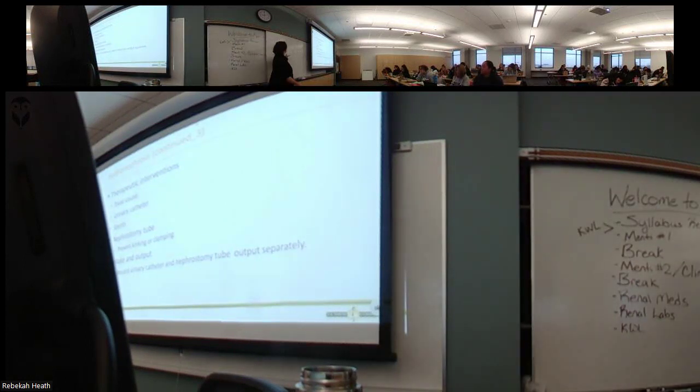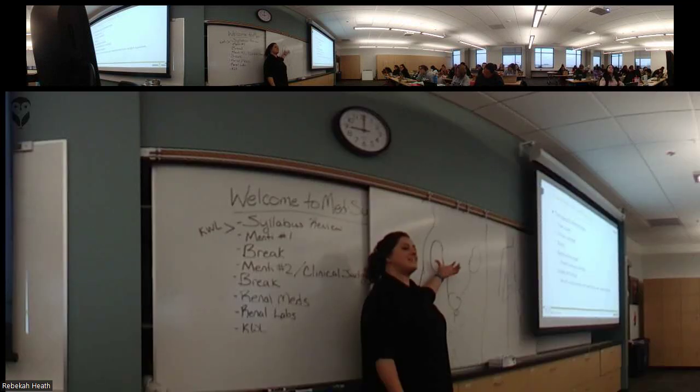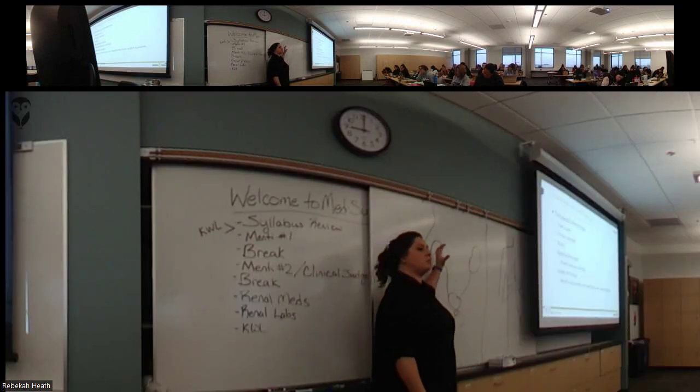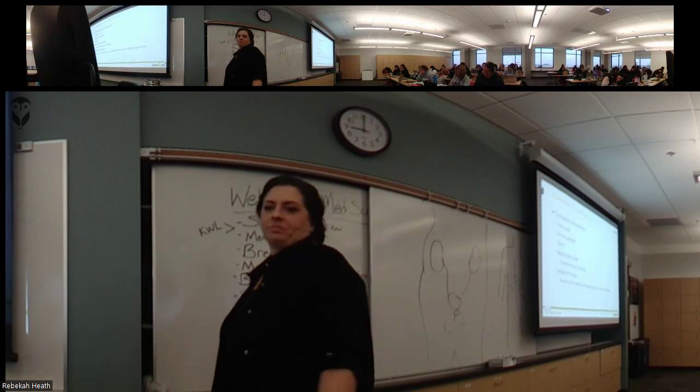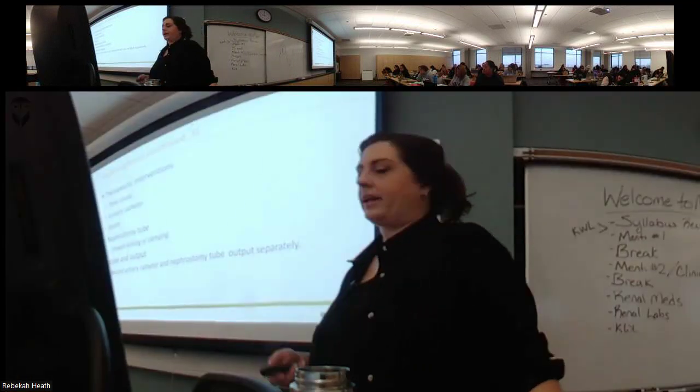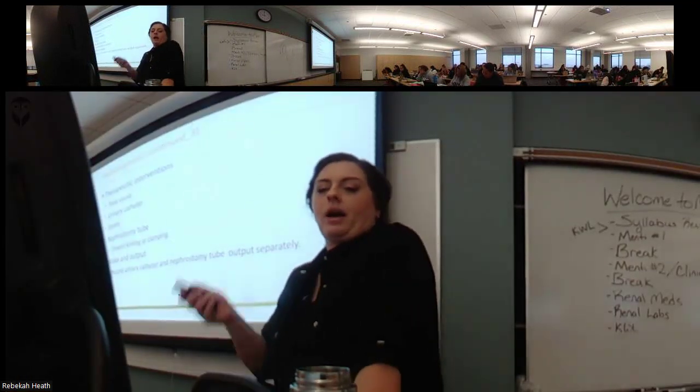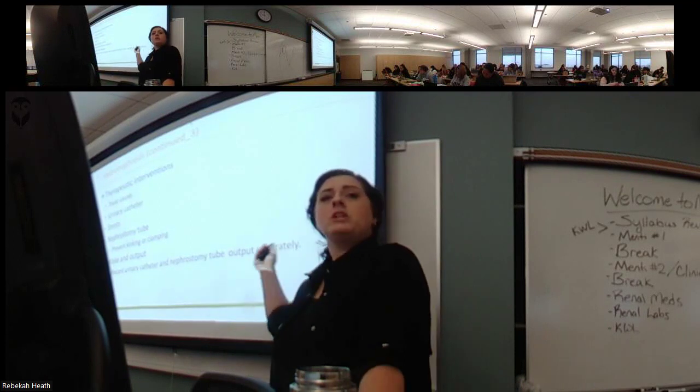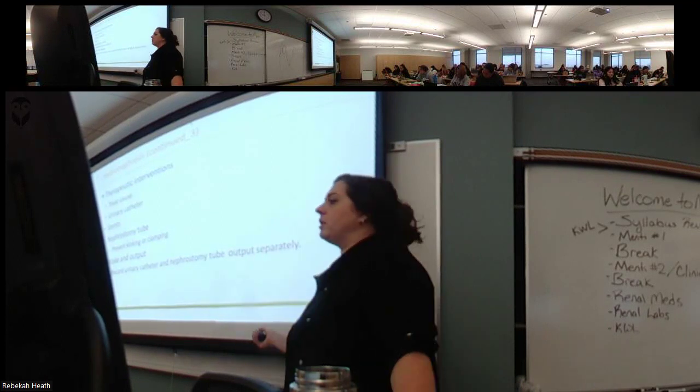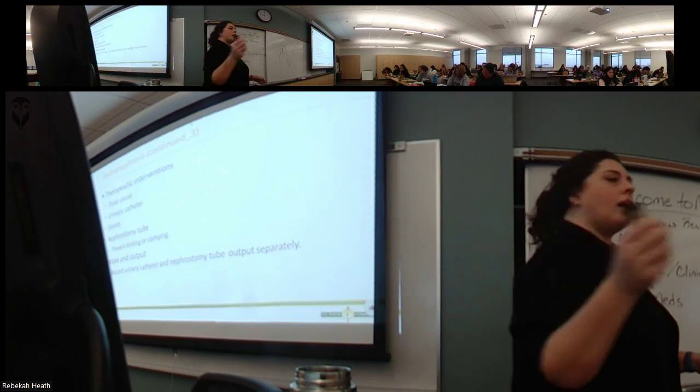Maybe there's some stenosis area up here in one of these ureters. And so if we put a stent in, that will help keep it open so we can drain down. They might have that nephrostomy tube, like I talked about. Of note here, when you do I&Os with a patient, you want to make sure you are documenting